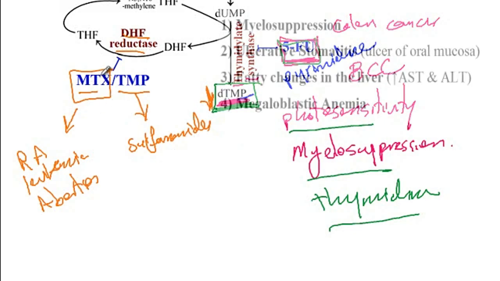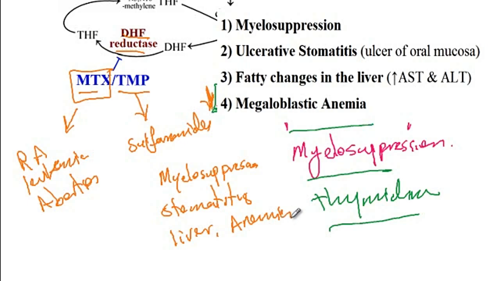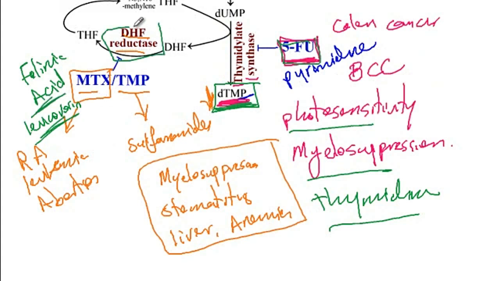The side effects of methotrexate include myelosuppression, stomatitis, fatty changes of the liver, as well as megaloblastic anemia. And so what you can do is reverse these effects by providing these patients with folinic acid, also known as leucovorin. So you know how methotrexate inhibits the dihydrofolate reductase, so you can provide them with the folinic acid to